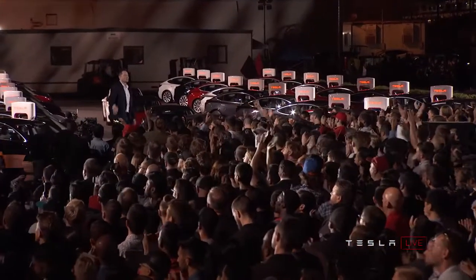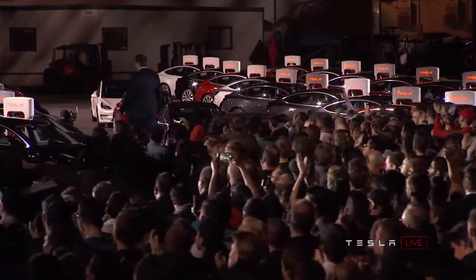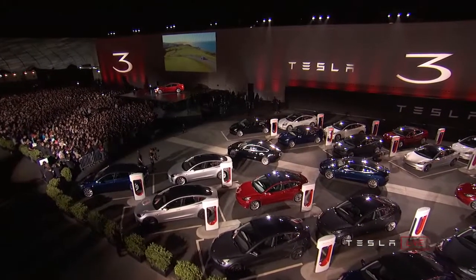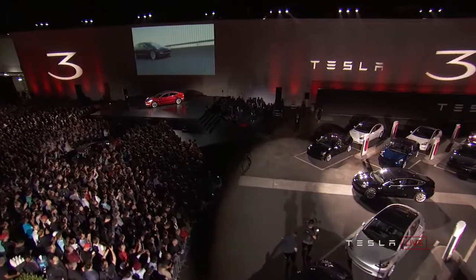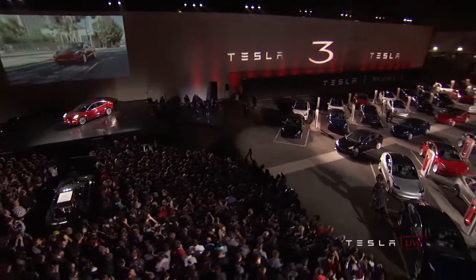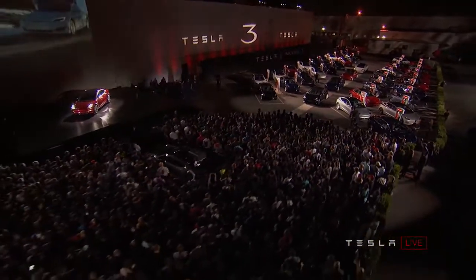And then just a reminder, we've got now 3 cars in production. There's the X, the S, and the 3. Those letters can be combined however you'd like. To give you a sense, if you order a Model 3 now, you'll probably get it towards the end of next year. But because the S and the X are in production, if you